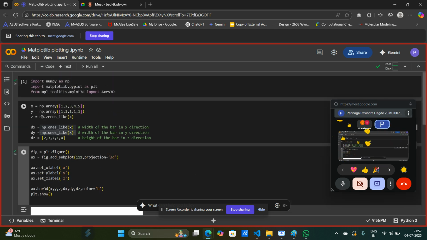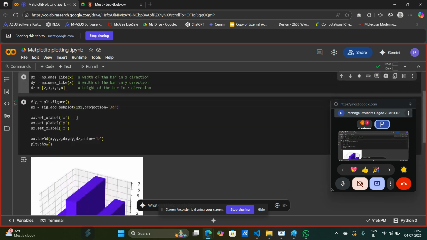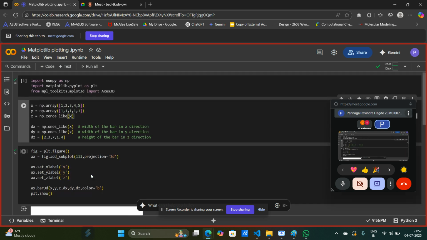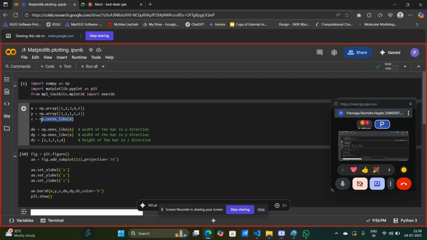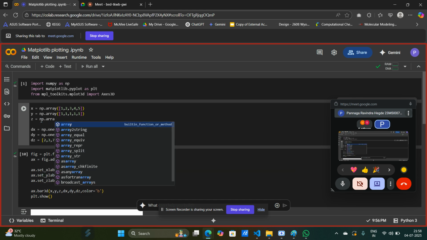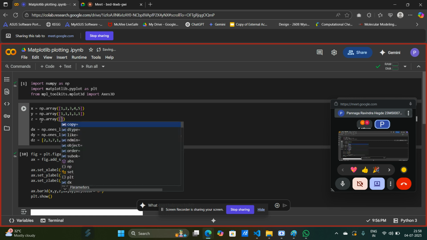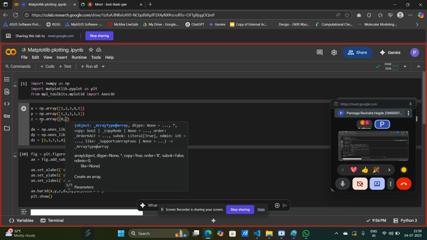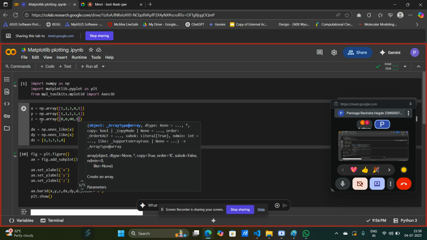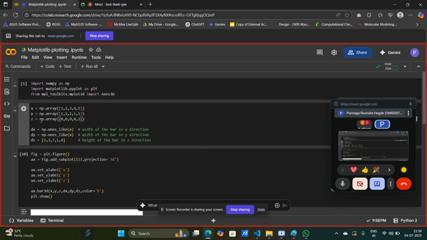Now you have Z. So this is how it looks like. Because we have set it to 0, everything is standing on the plane. If we write a custom numpy array, np dot array, I'll write 0 for the first 4 bars. The first 4 bars should start from 0, where the fifth bar should start from 1. So if I do this,